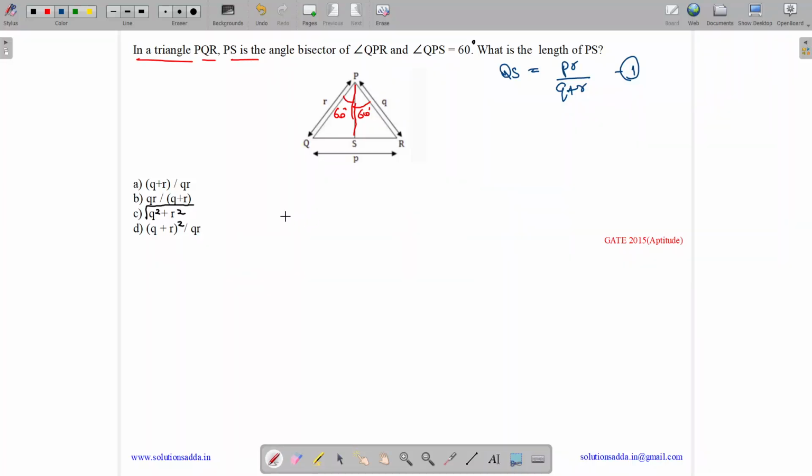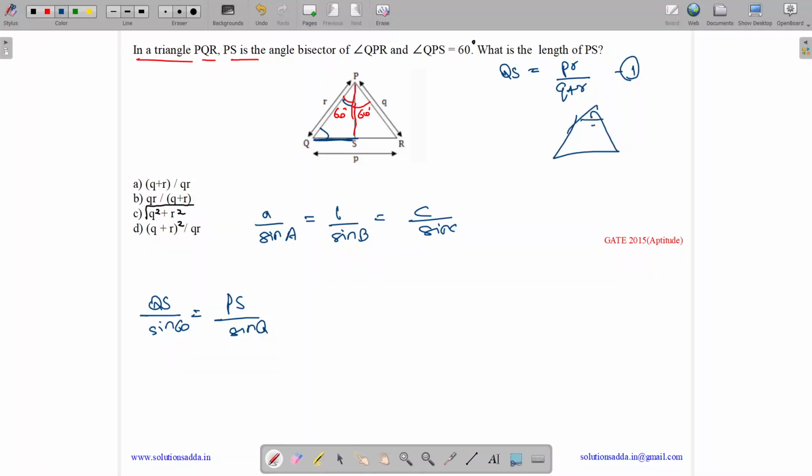Now we know that in a triangle, a upon sin A equals b upon sin B equals c upon sin C. Now in our triangle QPS, how can we write this? We can write QS upon sin 60, which means QS upon this, equals PS upon sin Q. So if we have a triangle with this as A, this as B and this as C,